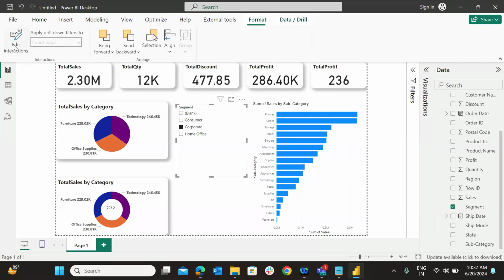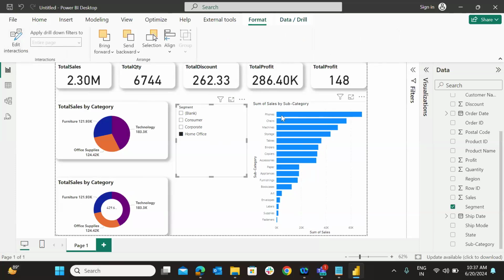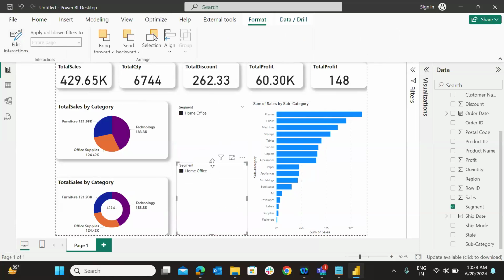Let me remove the interaction first. Now it is showing the data for home office related information, right? Previously what used to happen, let me take one more, this one, and here instead of segment,